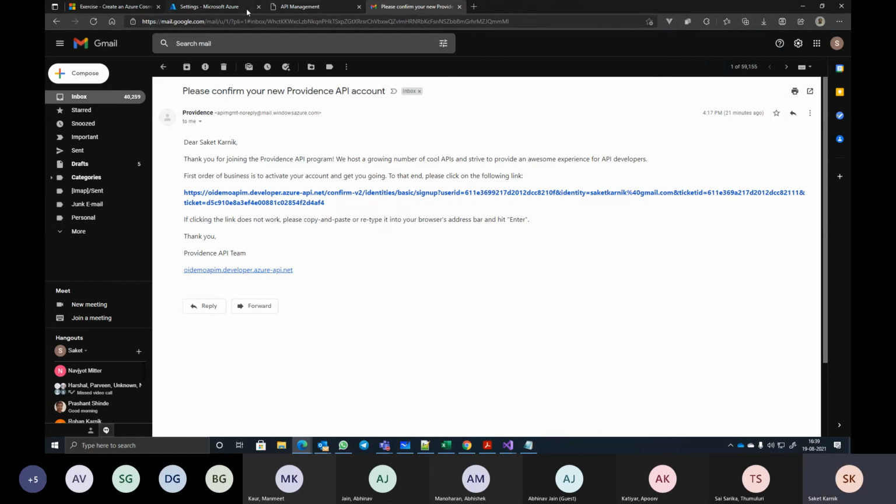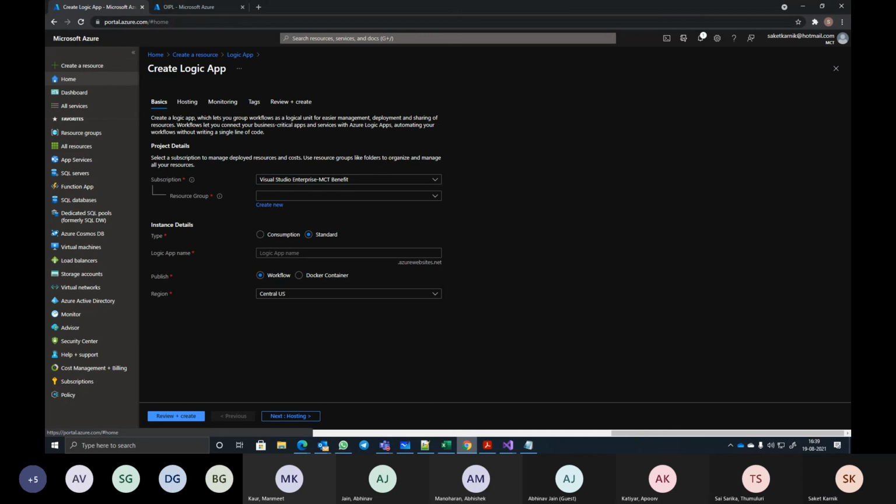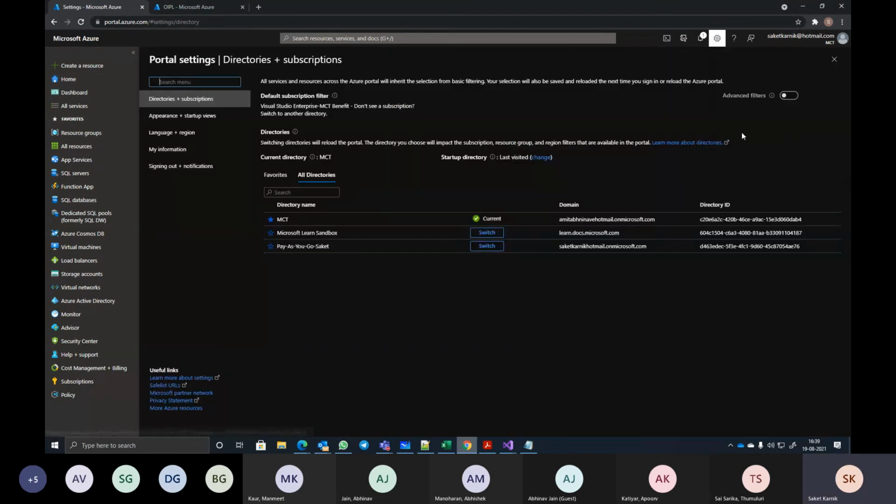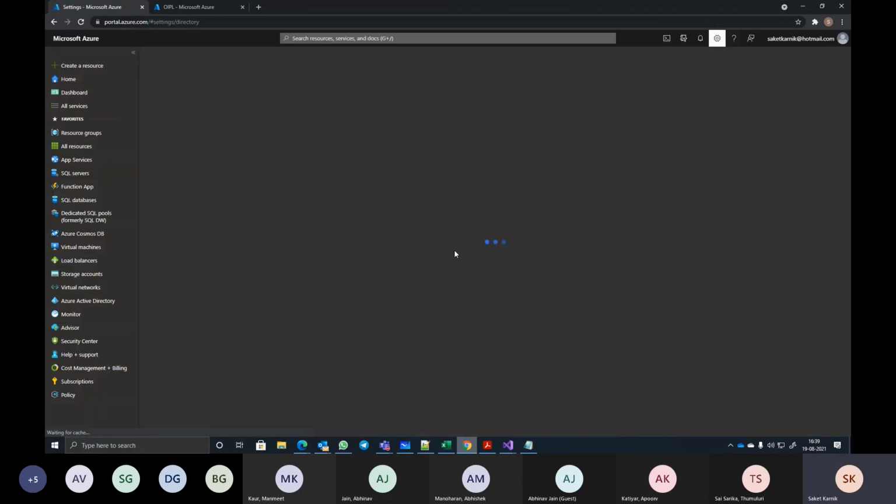So now if you want to go back to your original thing, this is in Chrome where I can say switch directory once again. I do a refresh over here. I should see only two of them, which actually are my own. I should not see that sandbox anymore.